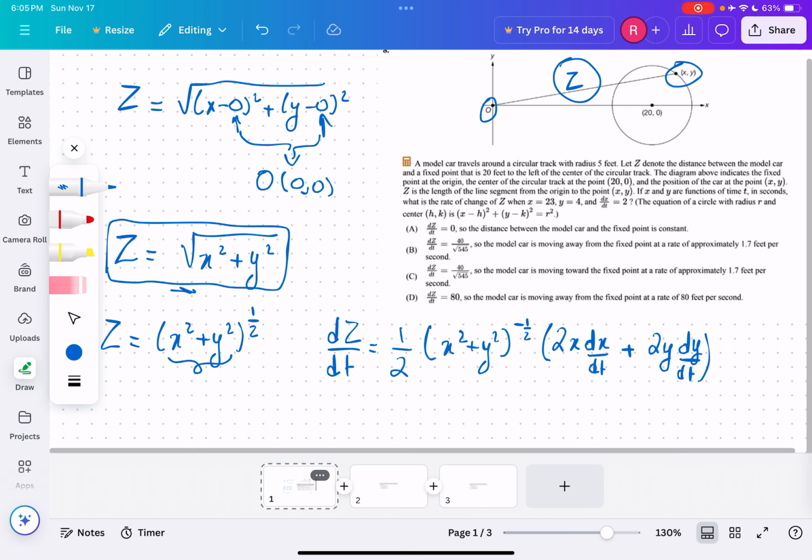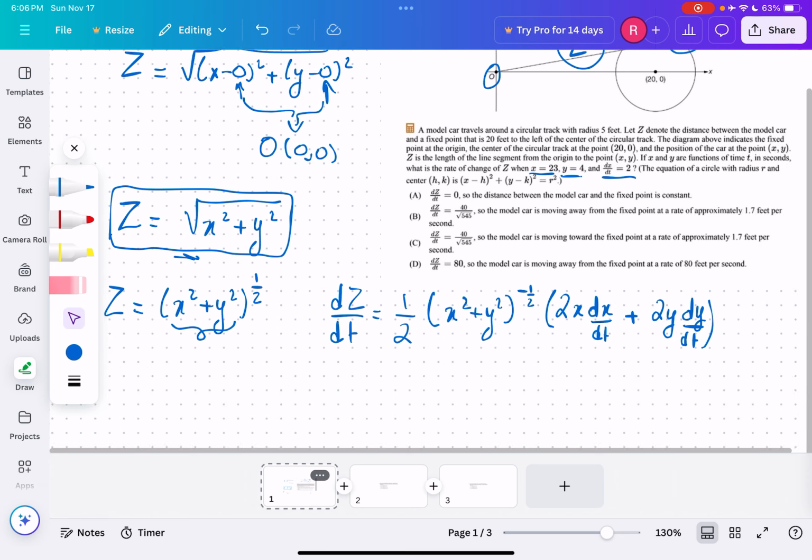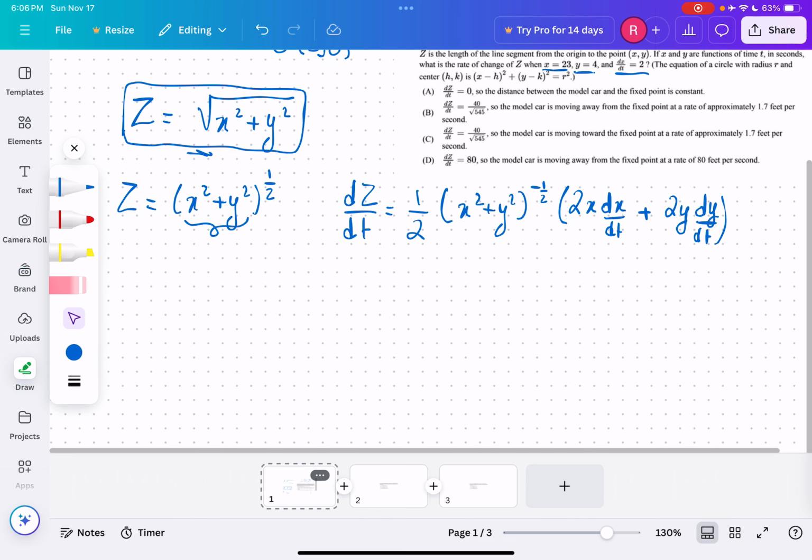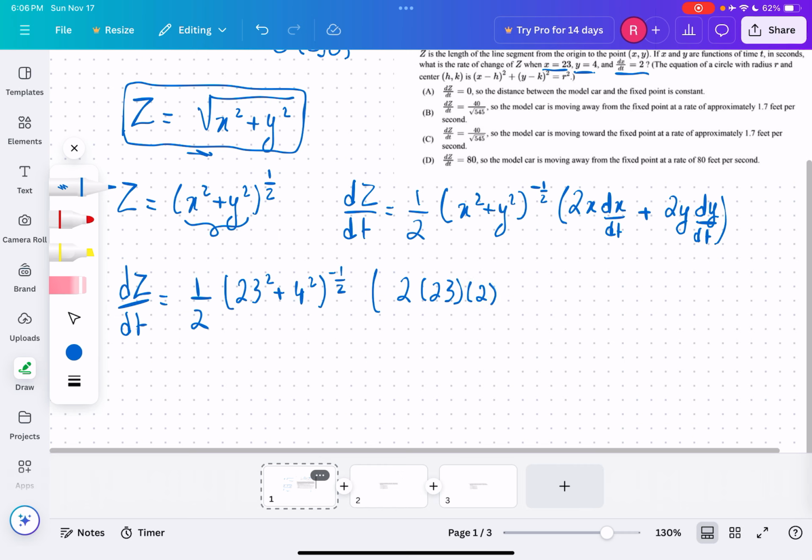Now, you can literally stop over here and look at your given, because they already gave you the value of x, the value of y, and the value of dx over dt. So let's fill in these values. So now we have dz over dt equals half, x squared is 23 squared plus 4 squared, everything to the power of minus half. And then we multiply it by 2 multiplied by 23 multiplied by dx over dt plus